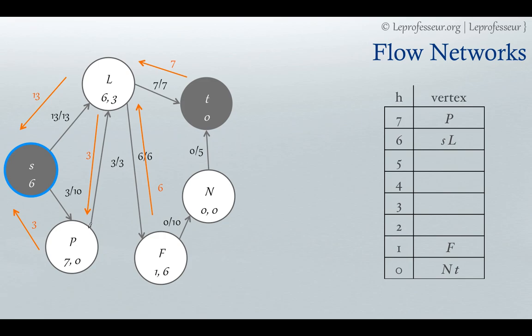All right, so again because L cannot take the extra fluid of 3 units now, it will try to push it back. So we relabel and push